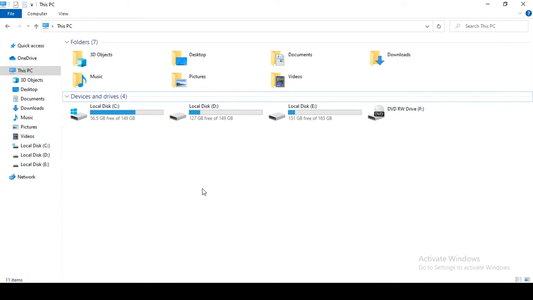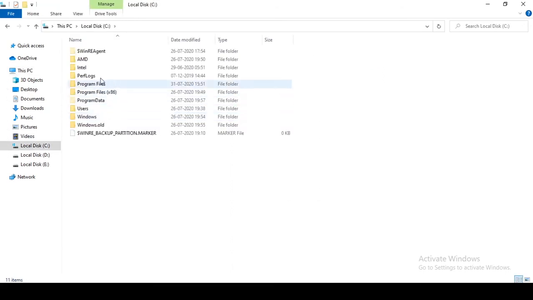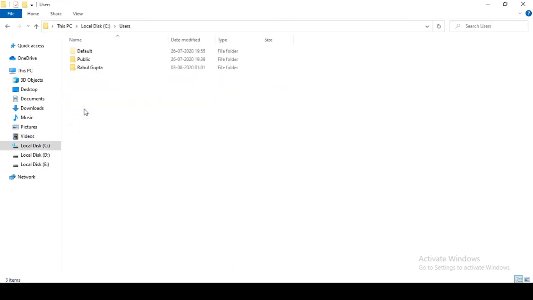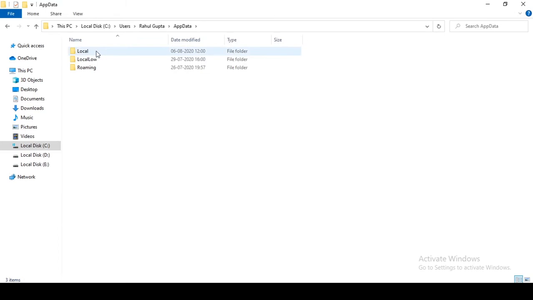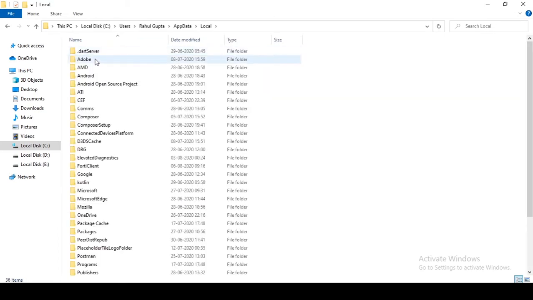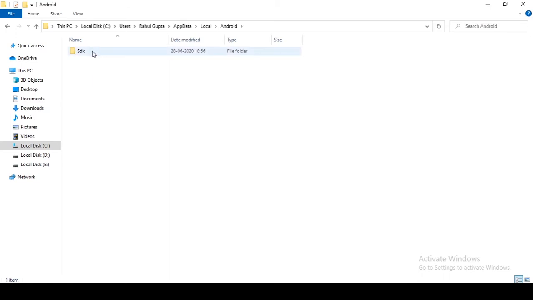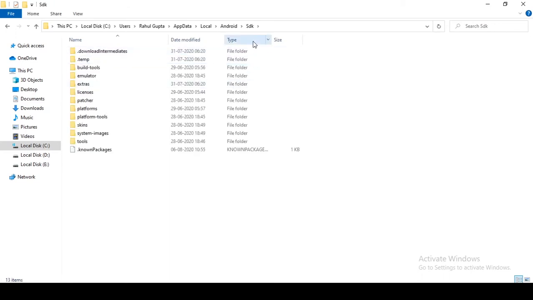First of all, you have to go inside the Android SDK where you have installed it. In my case, I have installed my Android SDK inside the C directory, then Users, and my username is Rahul Gupta, then AppData and Local, and you will see Android and here SDK.